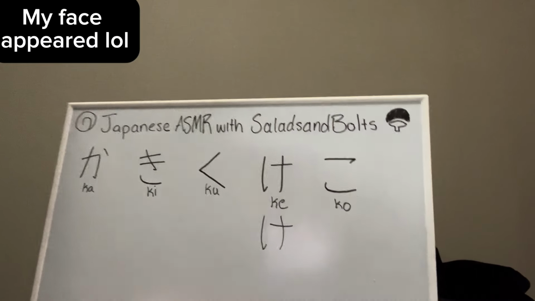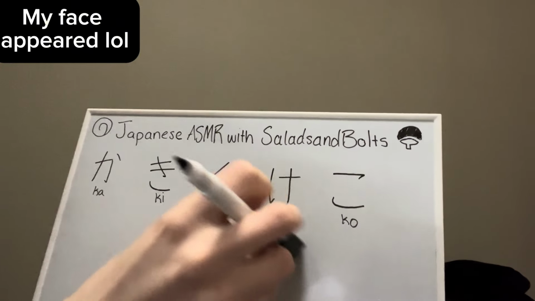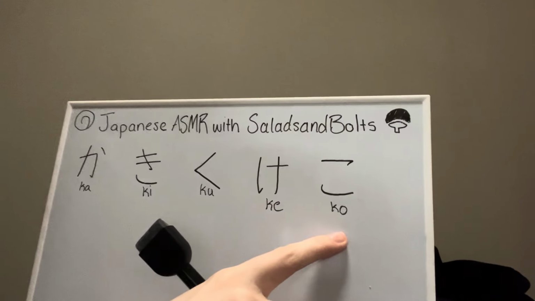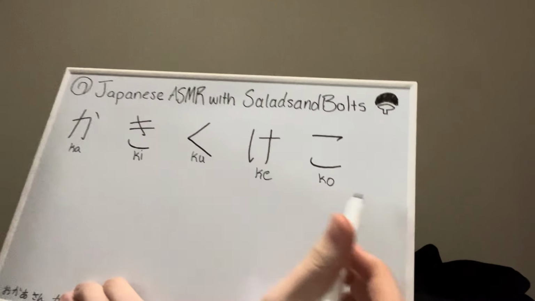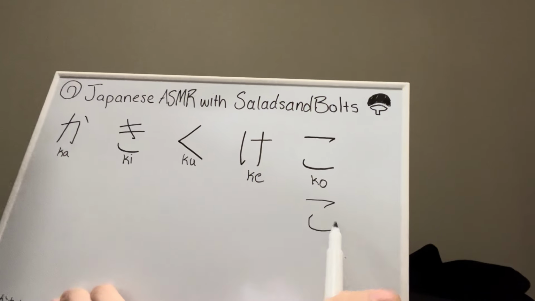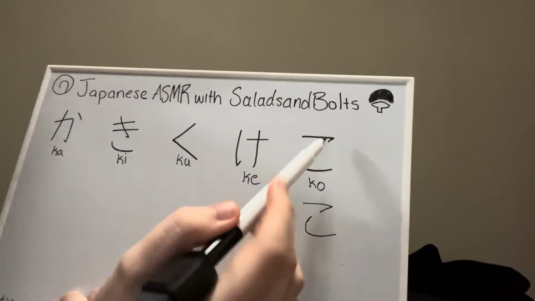So now you know this is ke. And last but not least, we have ko. You might see when it's written on the internet, it'll have a little bit more of a connection, almost looking thing here. But when you write it handwritten,